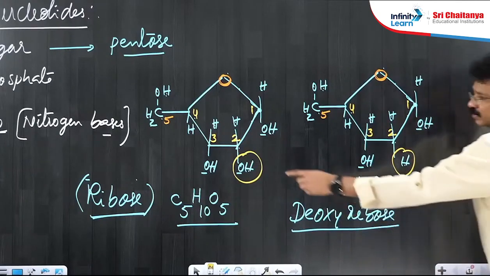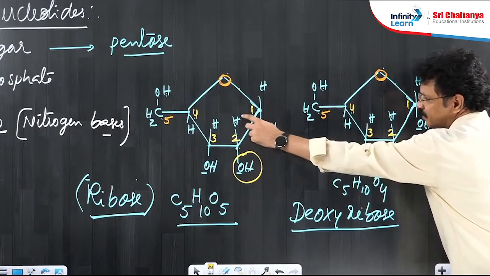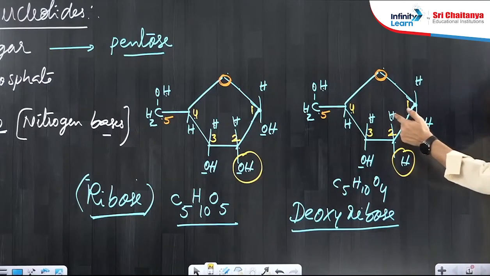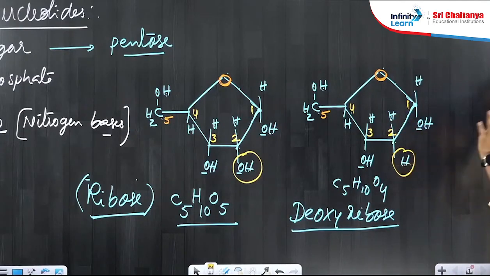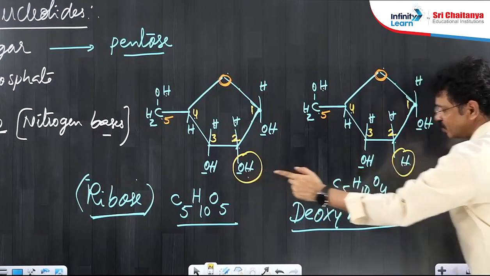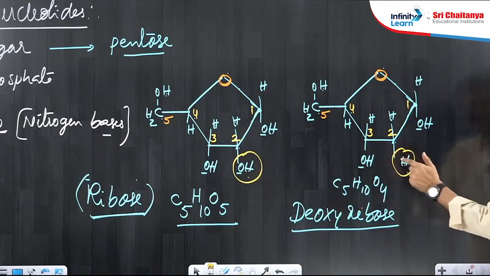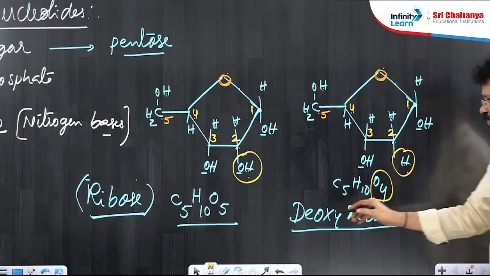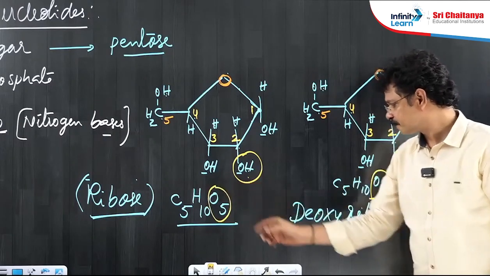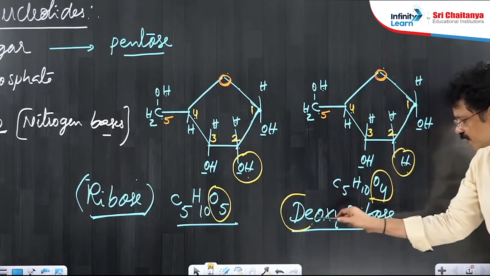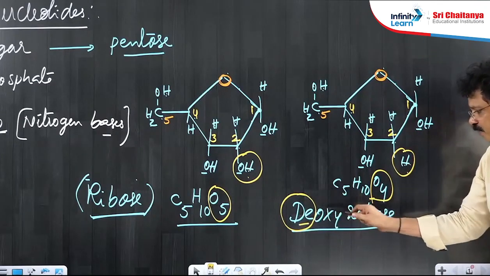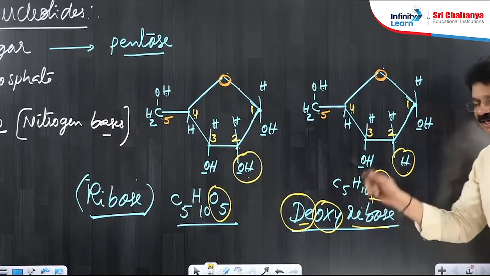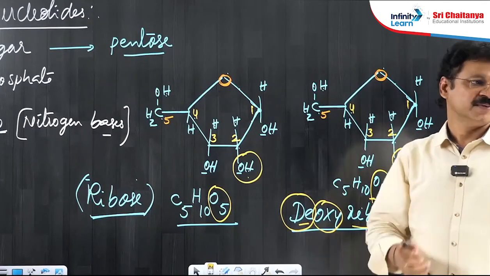Identify the variation here. At the second carbon, apart from a hydrogen atom, the other valency position is OH. Whereas here, both valency positions are H and H. What is the difference between the OH group and the H group? An oxygen atom is the deficit. That's why it is O4, and here it is O5. Identify here: D stands for deficiency of one oxygen atom in the ribose. Then the name of that ribose is deoxyribose.